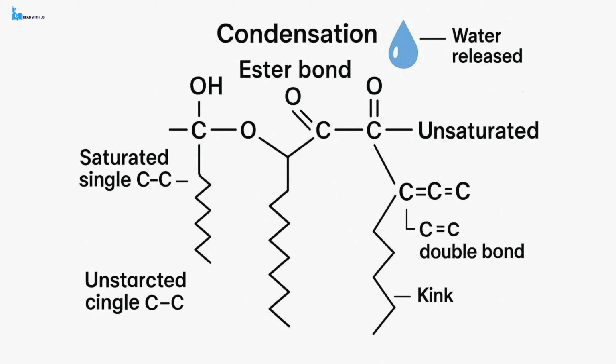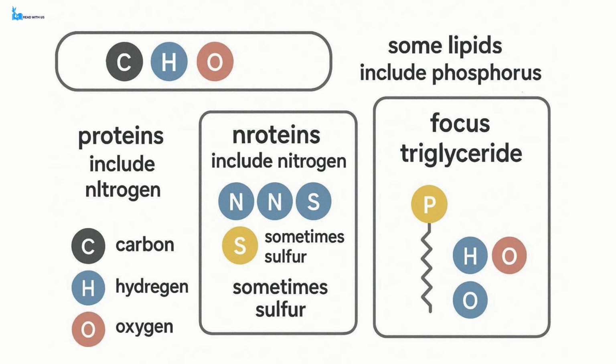and fatty acids may be saturated with only single carbon-to-carbon bonds or unsaturated with one or more double bonds that create kinks. Across these groups, the dominant elements are carbon, hydrogen, and oxygen, with proteins always including nitrogen and sometimes sulfur in certain side chains, while some biological lipids, such as phospholipids, also include phosphorus, although our focus here is